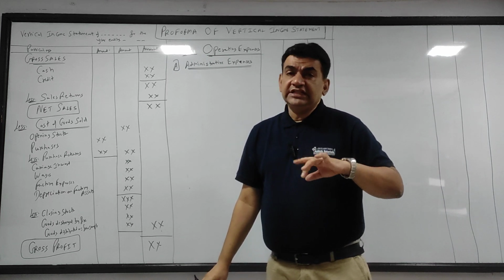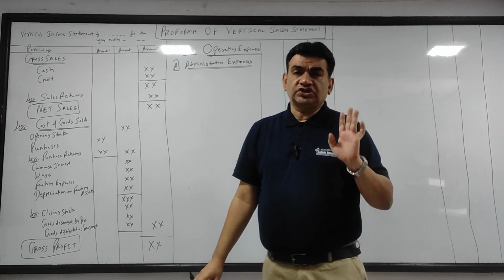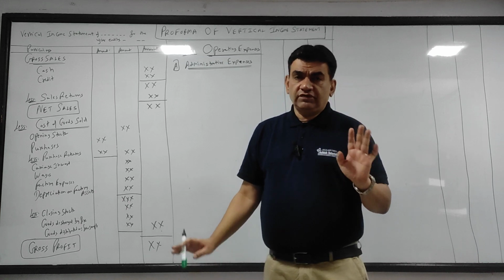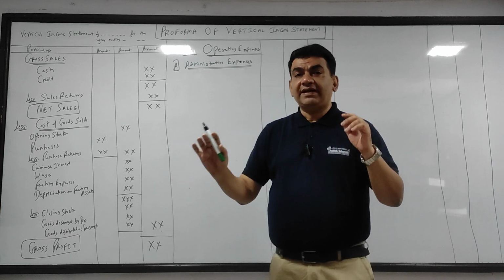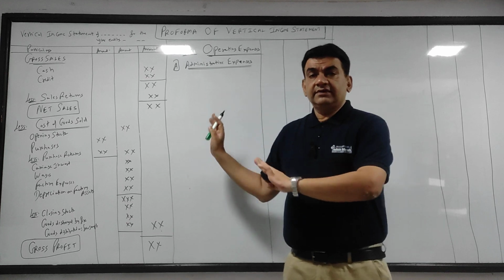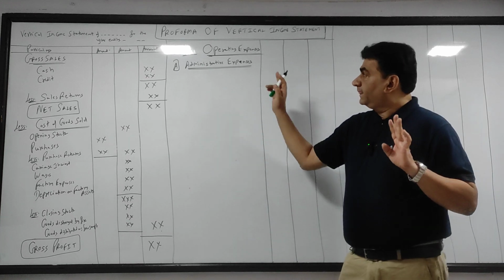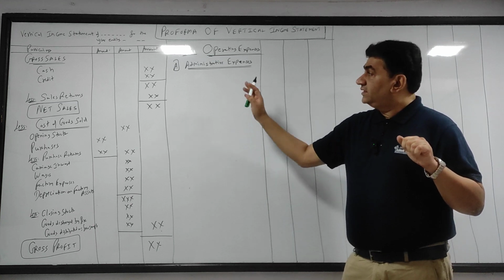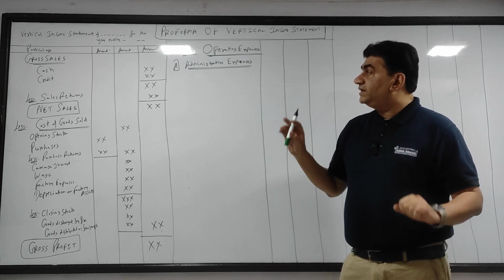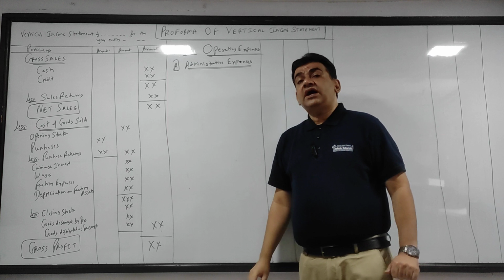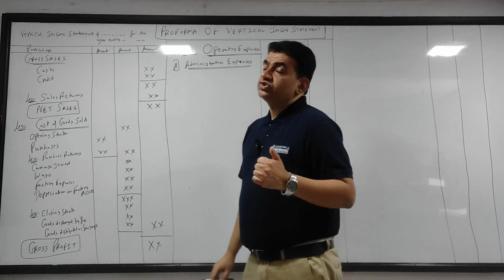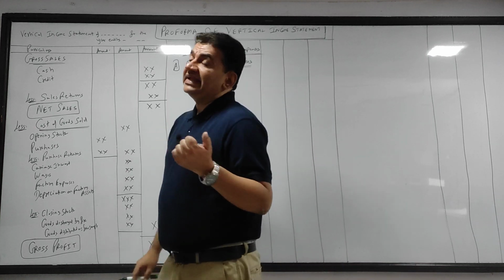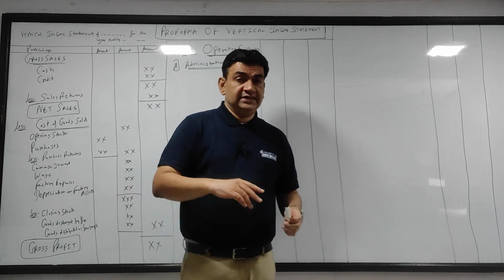BAF students, in the previous sem you all have done it in cost sheet. BCom students, don't worry, I am explaining to everyone. Even BAF students who don't remember, don't worry, I'm explaining it fully. So operating expenses are classified in three categories. First, A, administrative expenses. Now, administrative expenses mean those expenses which are incurred in the office, like